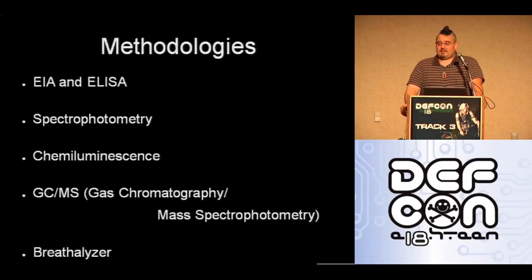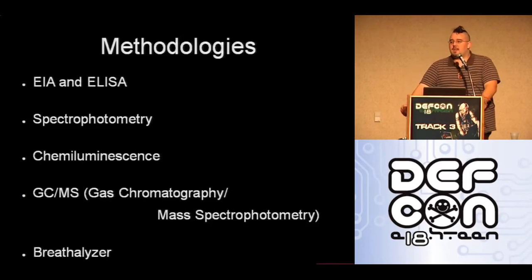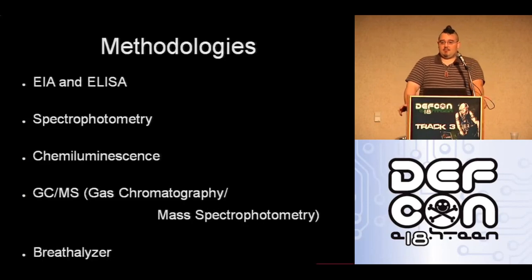Now, chemoluminescence as a test. Chemoluminescence uses a similar concept as the EIA and the ELISA. What chemoluminescence does is it has a base of these antibodies, and then the chemicals, the drugs that we're testing for, will attach to these antibodies, and they're going to be inside a tiny little cuvette. They get incubated for a while, warmed up to the correct temperature, and then through a series of acids and